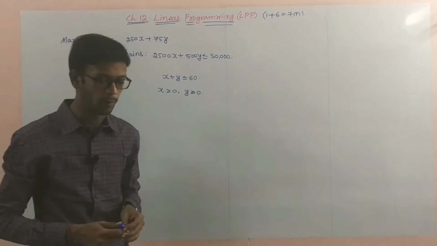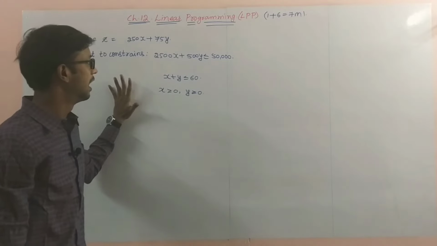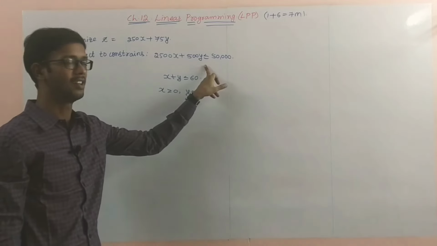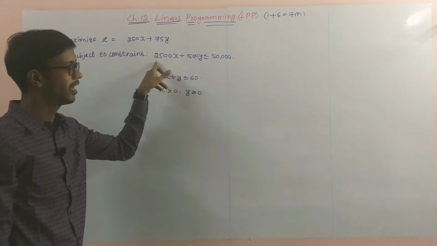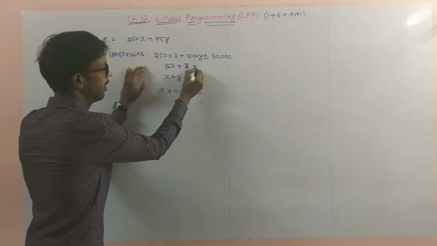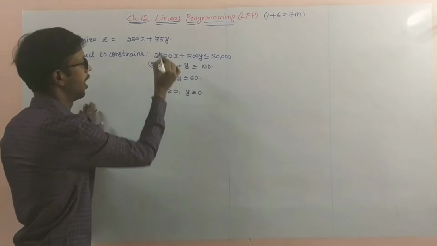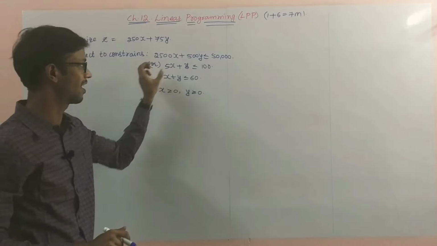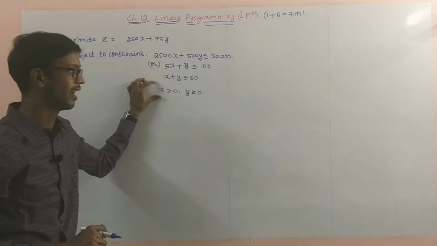The same previous problem we'll solve by using the graphical method. Here we already wrote maximize, this is the profit maximum, and this is a constraint and the non-negative constraint. This constraint, if you take 500 common, 5x plus y is less than or equal to 100, you will get. We are writing this one because the original is lengthy, for simplification purposes, we are making it common. So these two are constraints now, and this is one more non-negative constraint.